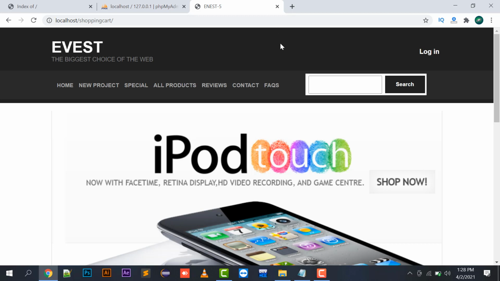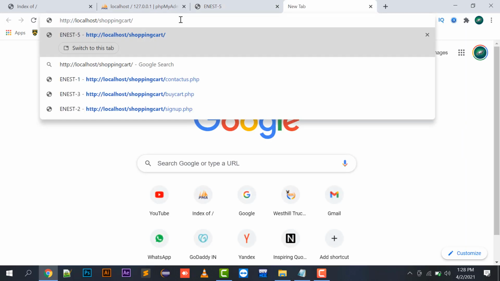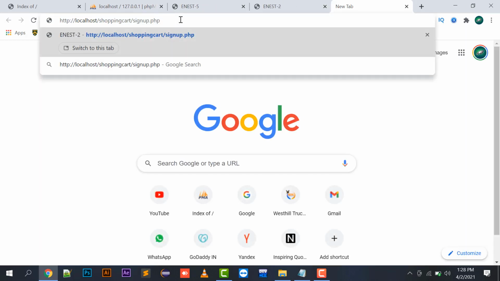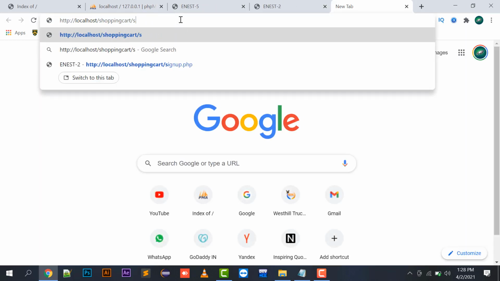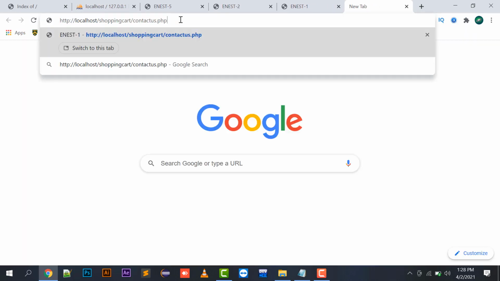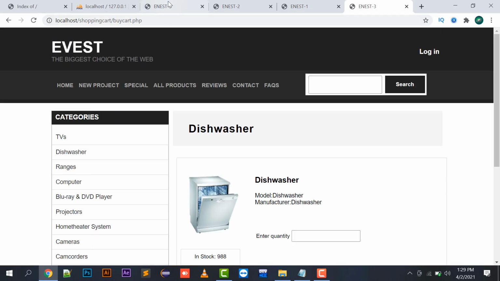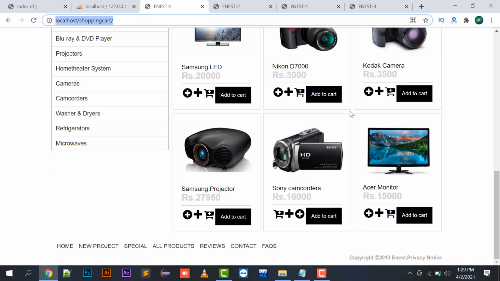So moving to the next part, if I check whether all the files have something in common, like if I open these two or three files, all the files have something in common. What is that? This is the index file.